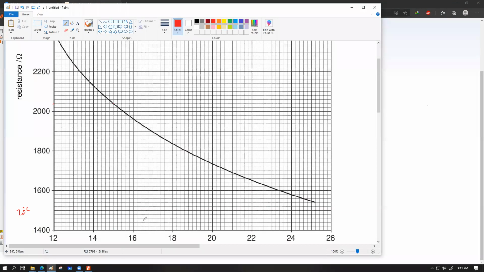We also have to consider that it is 2040 plus or minus 20. If I go plus 20, that would be 2060, which would be relevant for this temperature, and 2020 should be responsible for this temperature. That basically represents two divisions only horizontally. So my actual reading should be here. This is my actual reading, and the variation should be plus or minus this much. So that's my temperature variation.